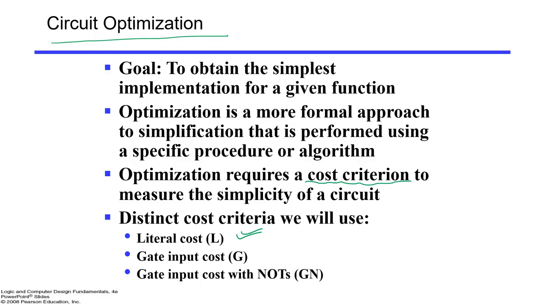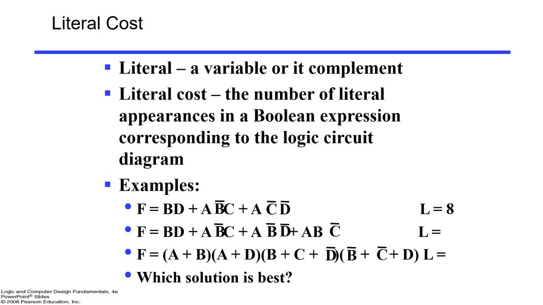Similarly, there is the gate input cost, where we look only at the AND and OR gates. How many inputs are going to the AND gate and OR gate separately? Once you add the NOT gate inputs as well, then that is known as GN. So G covers the AND and OR gates, or any other gate. If your circuit is represented by AND, OR and NOT, then the AND and OR gate inputs count as G, and once you club the NOT gate inputs as well, it is known as GN. That is the simplest form. We'll take a few examples, then it will be clearer, right?